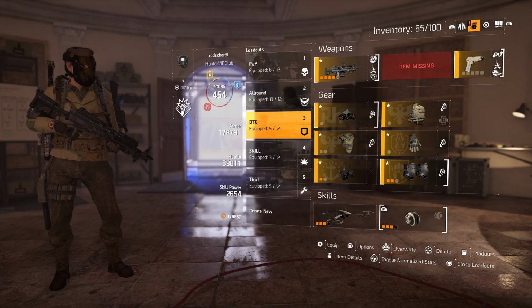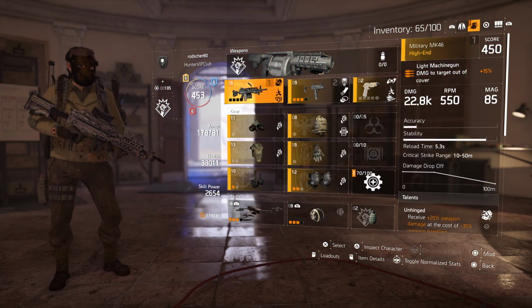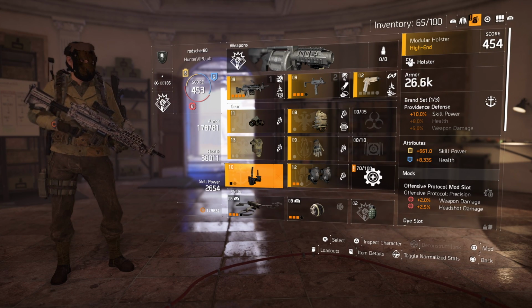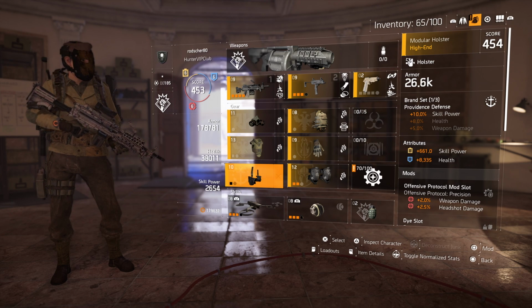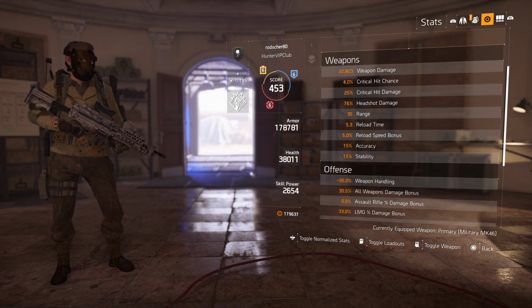Then I have a damage to elite build as well. I can just show you quickly one stat. It's kinda impressive, I guess. And you see I still miss one piece, so I could get, I guess at least, damage to elites on my holster as well. But if you have a look here, then I have in total on this build